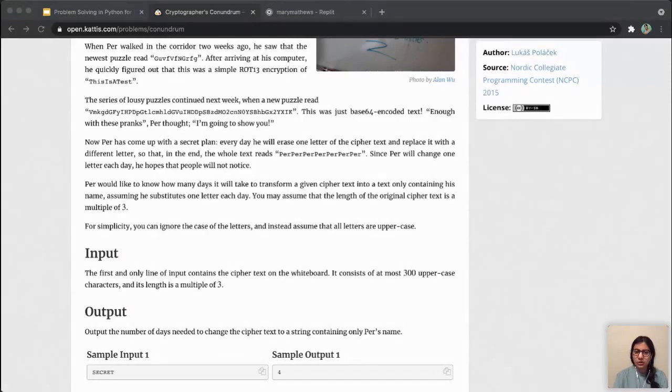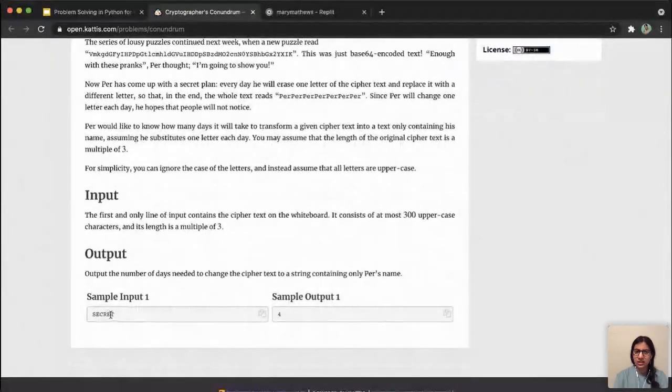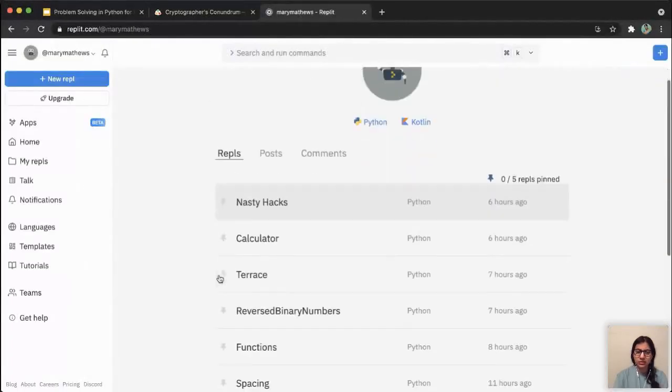Okay, just to be clear, you don't have to actually replace the string, okay? You just have to count the number of characters that you would have to change if you wanted to replace the string. Okay, I'm just going to explain this example once because I can see a couple of questions about that.